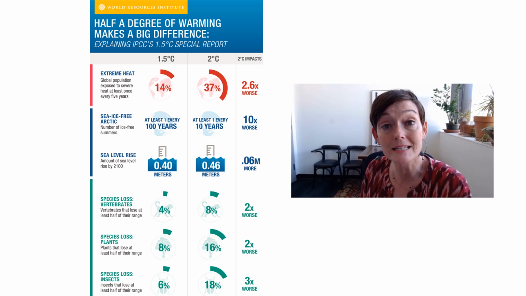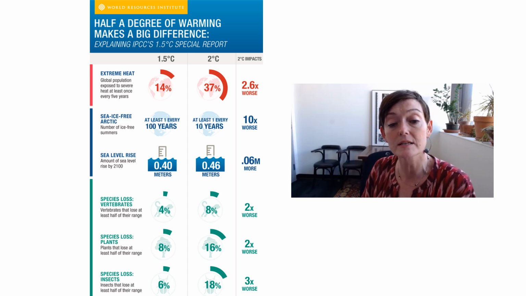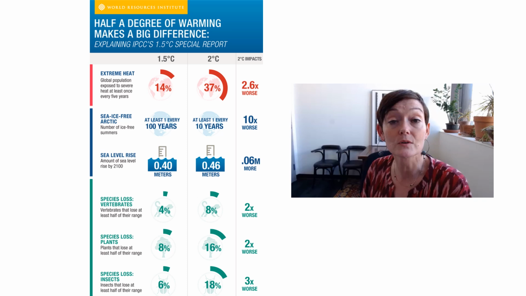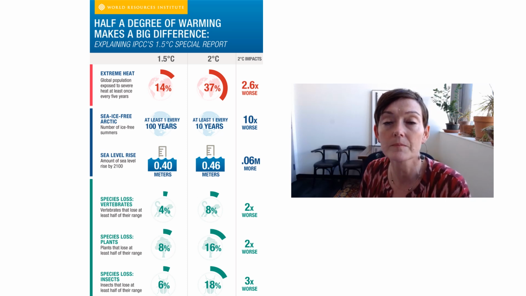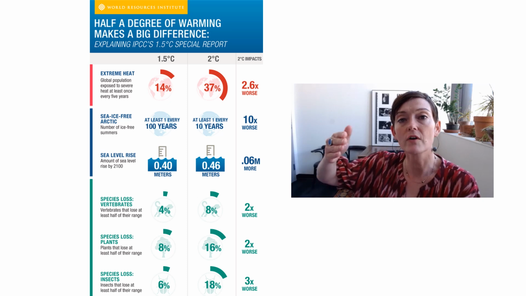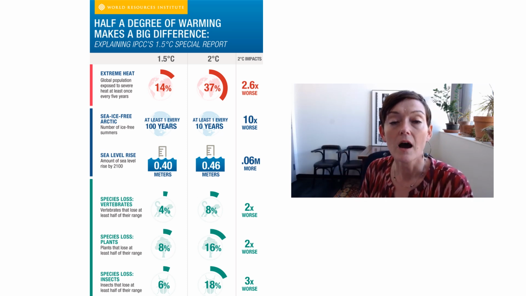It will make sea levels rise 0.06 meters worse, which doesn't sound like a lot, but it's actually significant in terms of how far inland that comes. For species loss, it would make it 2 times worse, and that's for vertebrates. And for insects, it would make it 3 times worse,